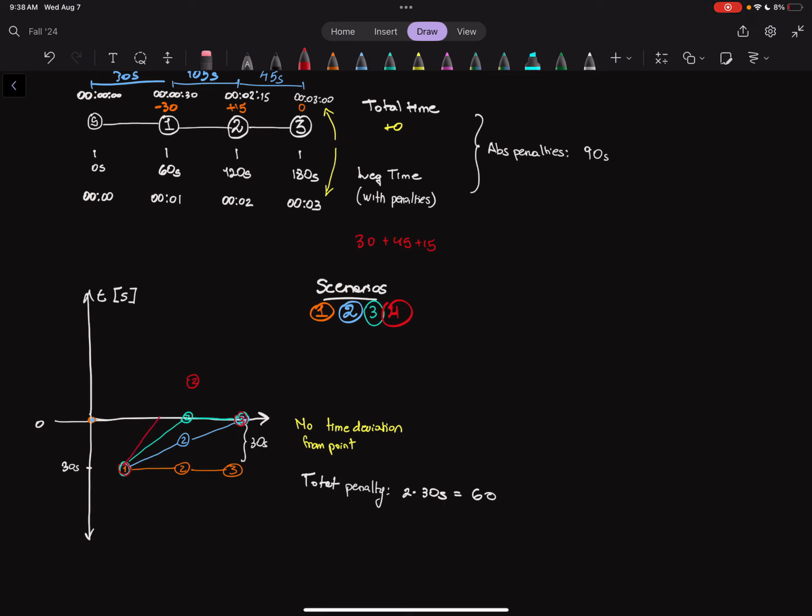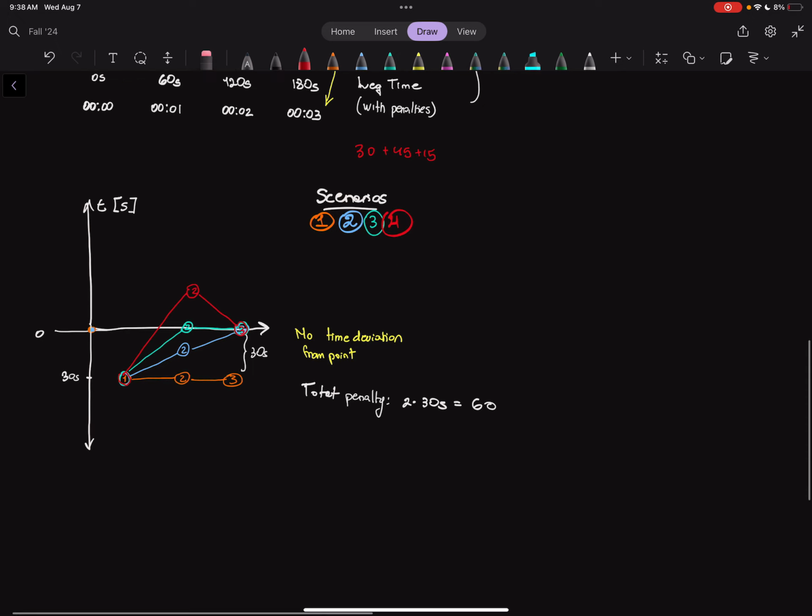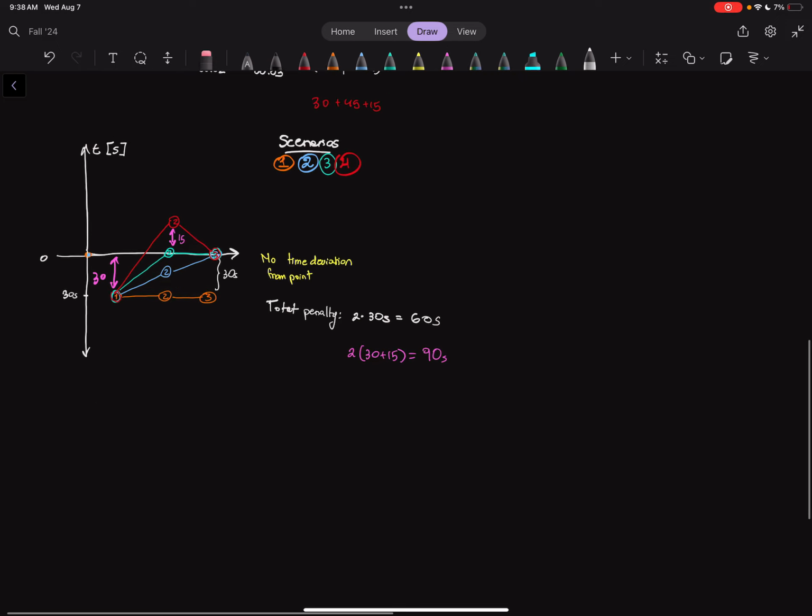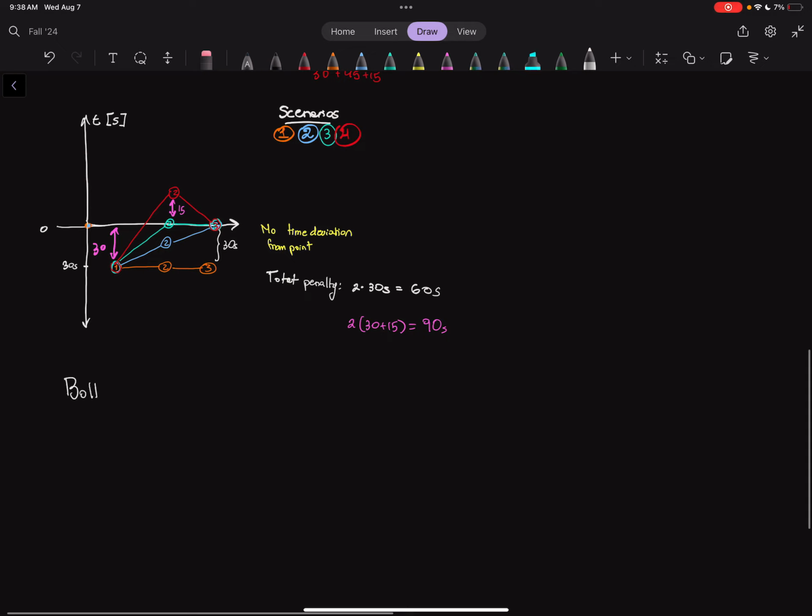So we go like this and like this. So now we have, if we look at the total deviation or the total regression, it would be 30 and 15. So total penalty would be 2 times 30 plus 15, which is 90 seconds. So the bottom line is,